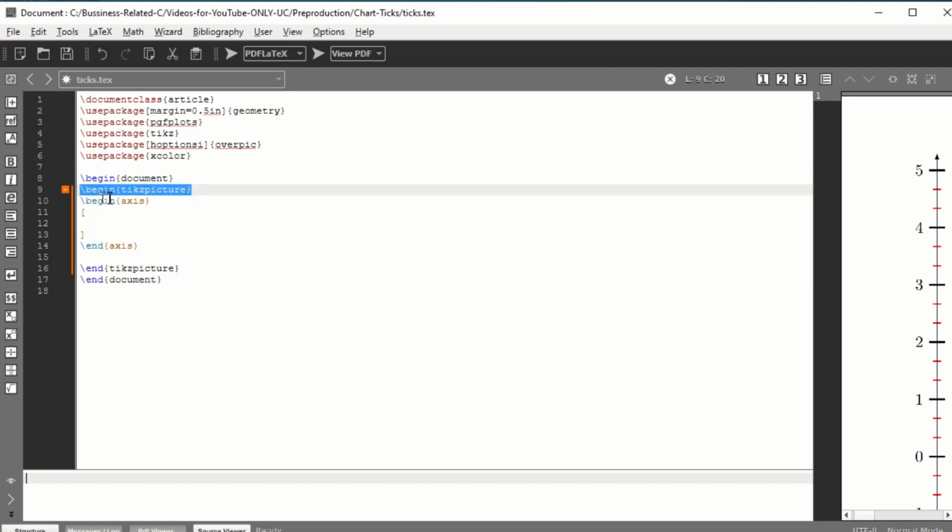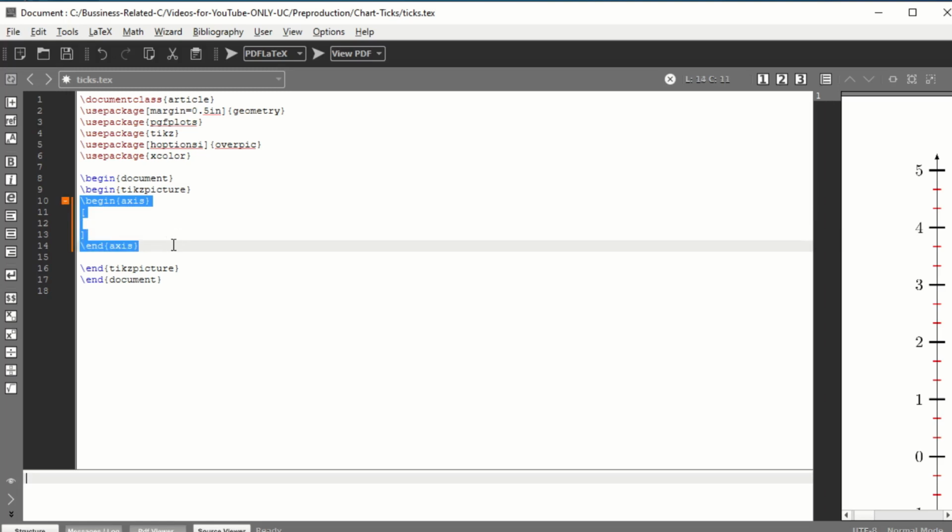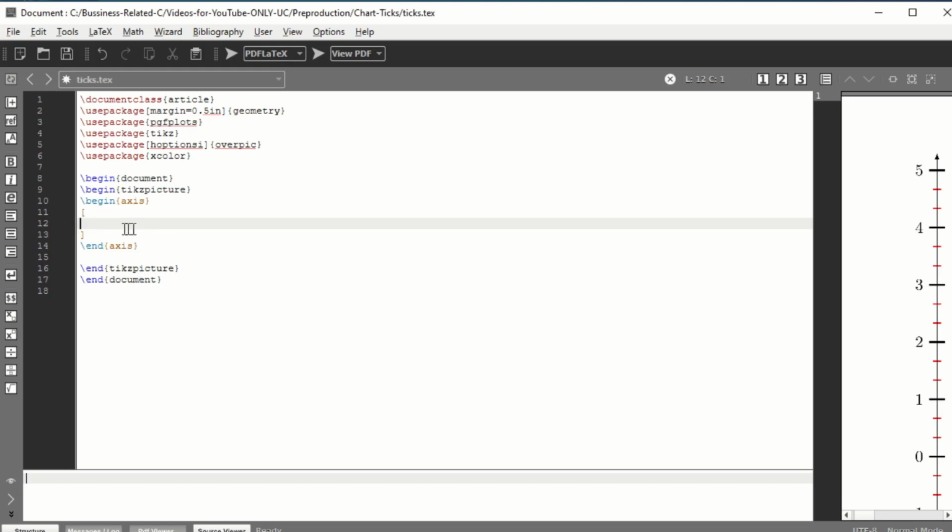Then we have to start another environment. Anything which starts with \begin is called an environment. So we have to type \begin{tikzpicture}, the environment will start, and this is the point where this environment is ending. Now because we are modifying the axis, we have to work only within these begin and end statements. In fact, we will be working between these 2 square brackets. We will be modifying the style of the axis and everything in this area. Then we will put 2 more commands, one to put the picture inside the axis, and the second command will be to locate the picture at an appropriate location.